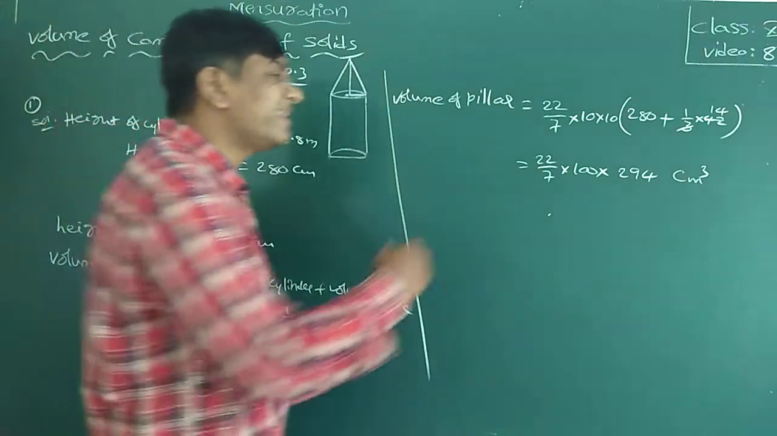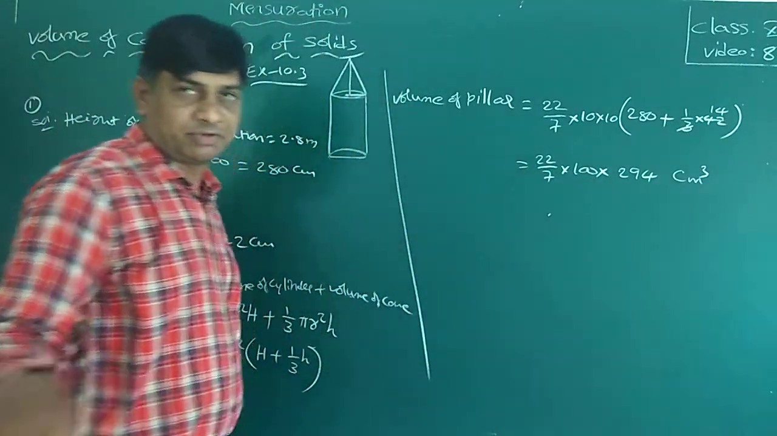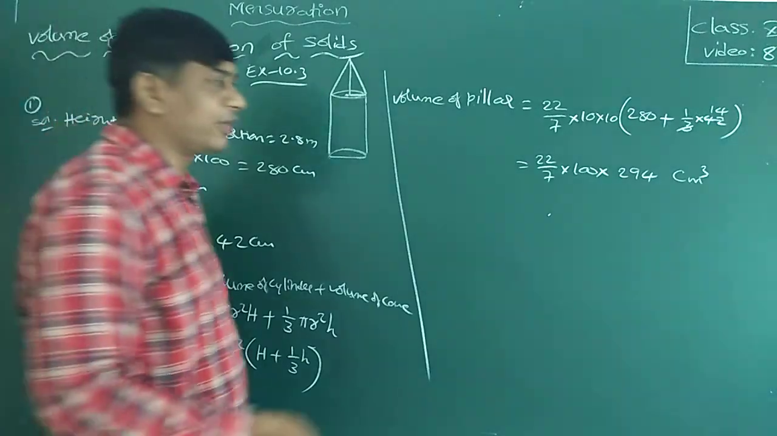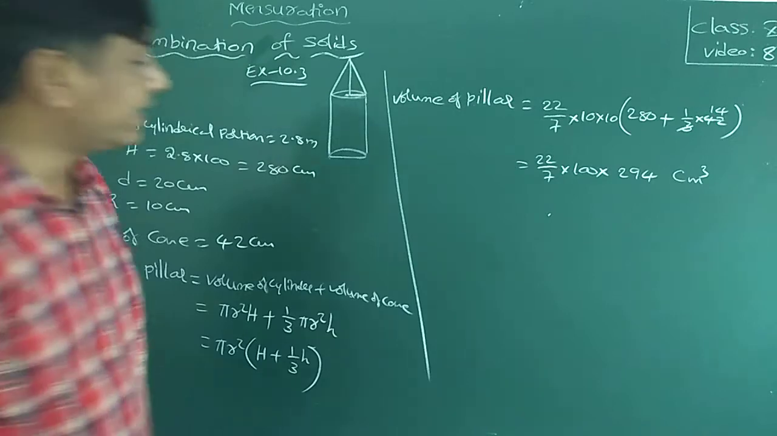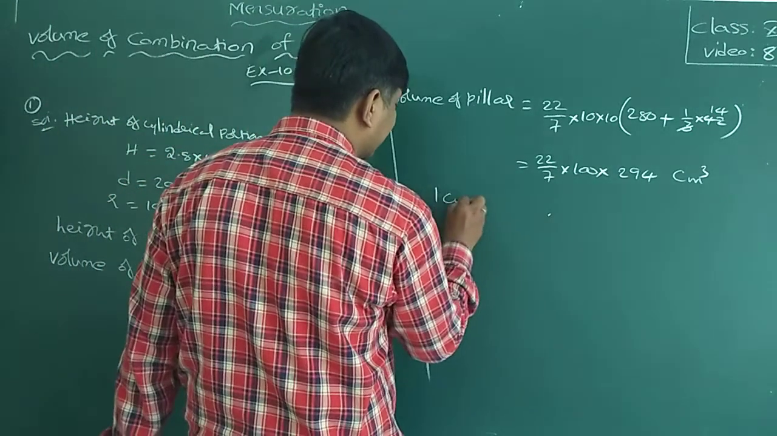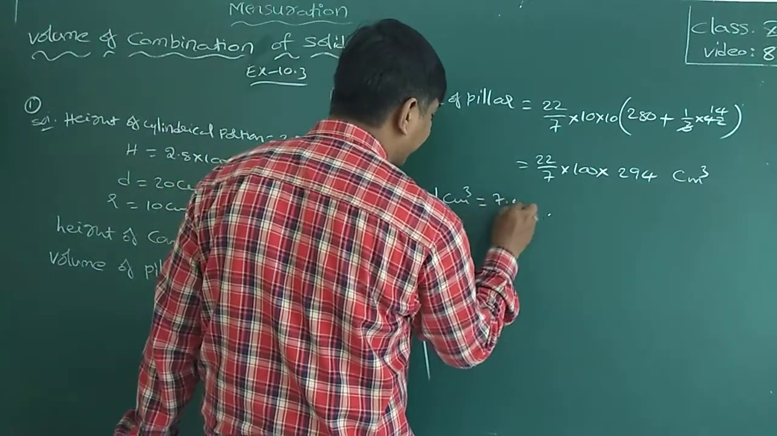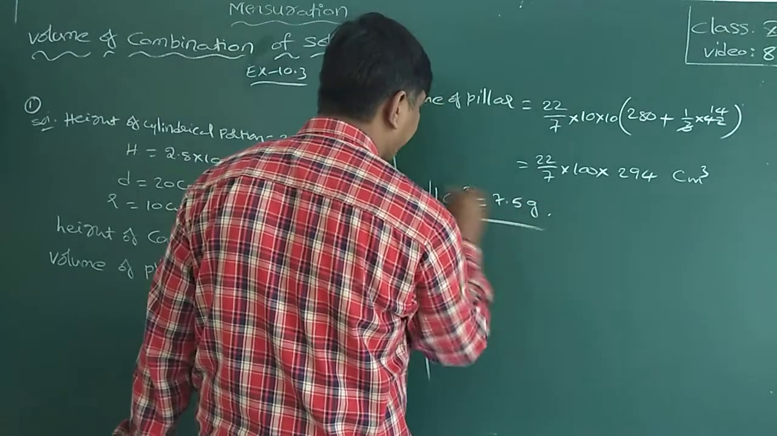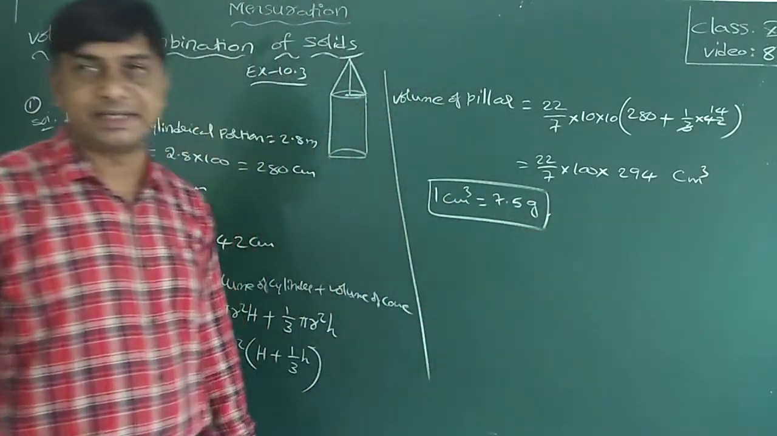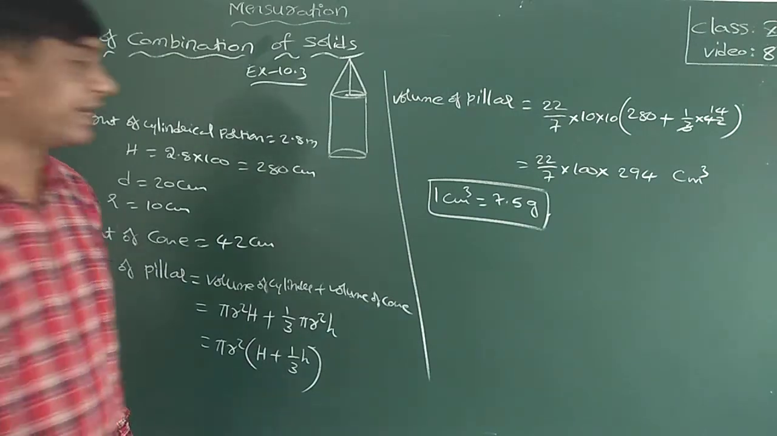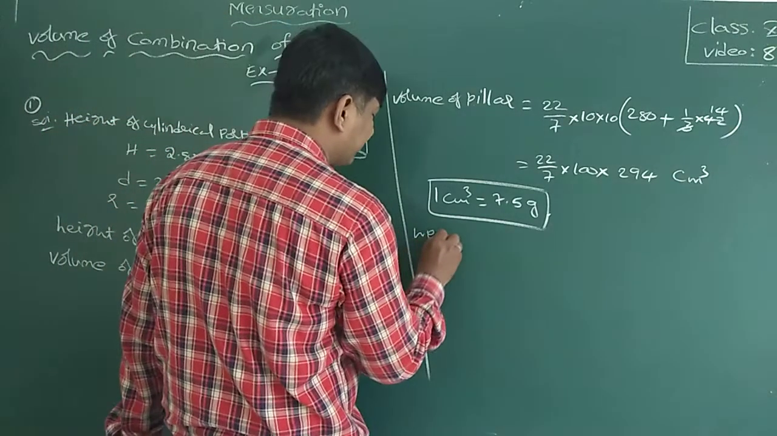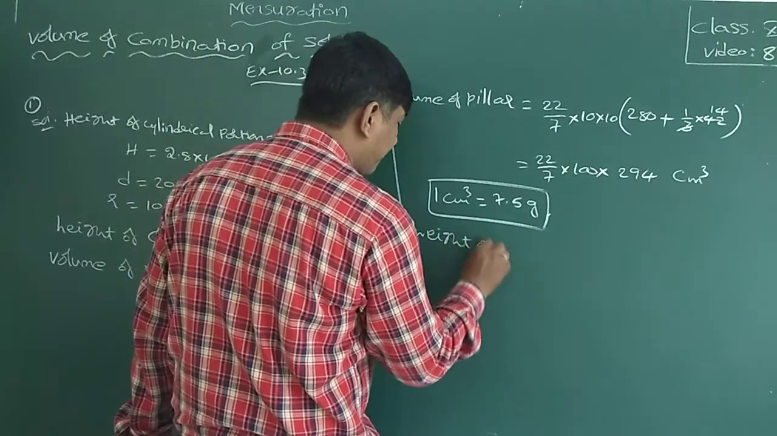You can simplify this, but one more thing is there. Not cost, sorry, I am going to find the weight of the pillar. Iron weight is 7.5 grams: 1 cubic centimeter is equal to 7.5 grams, they have given. Now the weight of the pillar is equal to